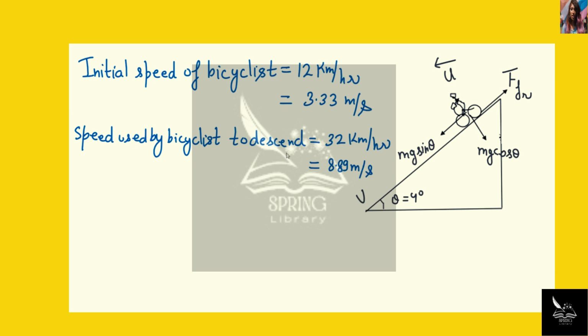Now, here the net force acting on the bicyclist initially is given by m multiplied by